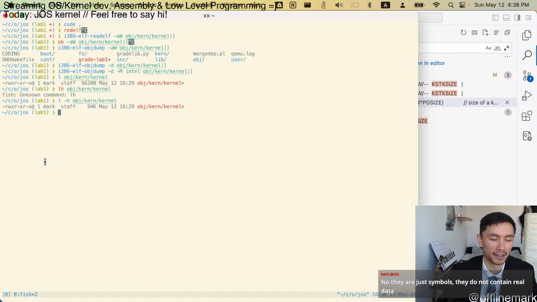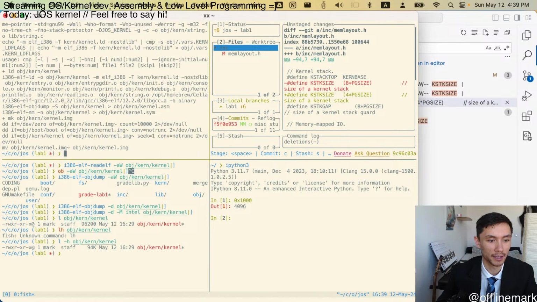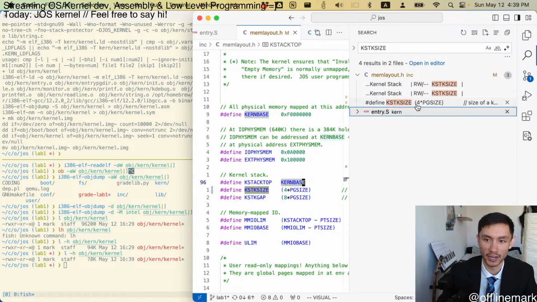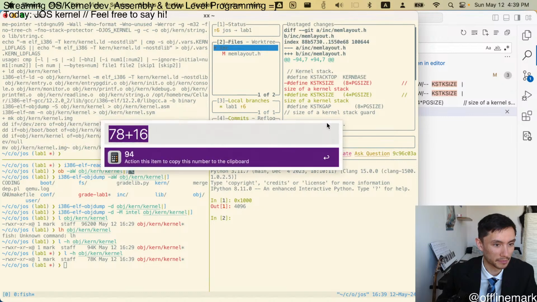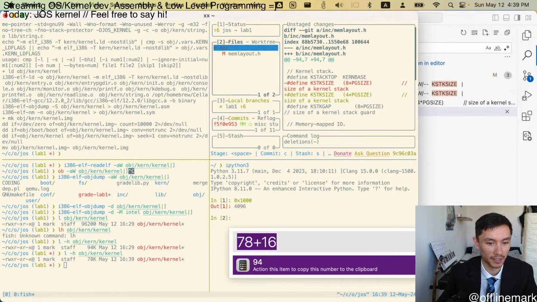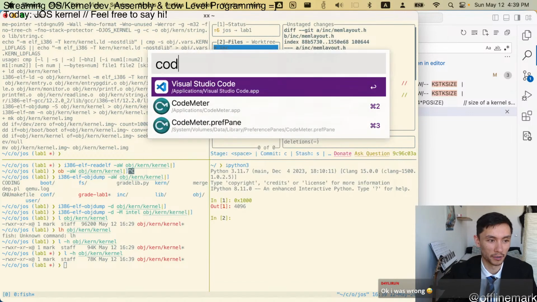Okay. Let's change this thing and take another look. Does that make sense? I changed it to 4, which means 16K of savings. 78 plus 16 is 94. So that confirms it. So that confirms that really